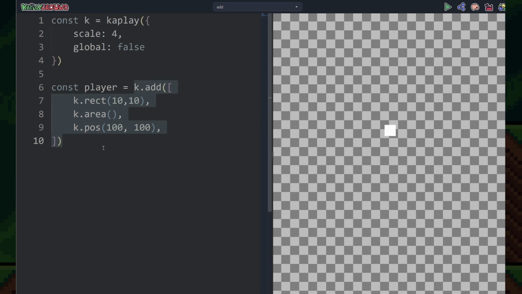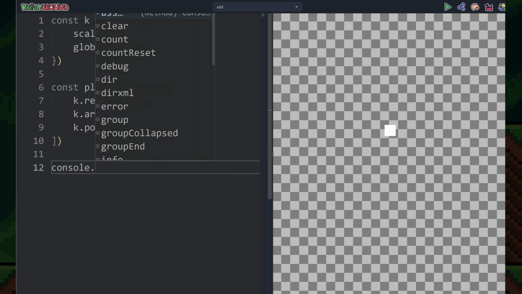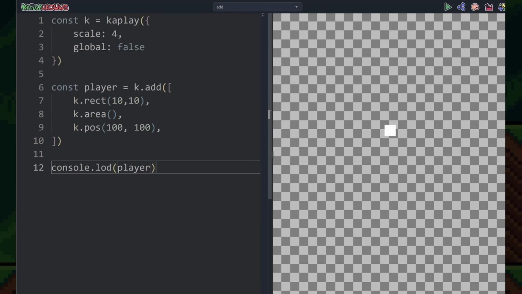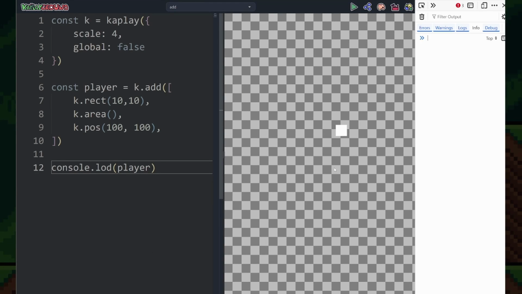And then after using the add function, it returns a reference to the game object that you can store in a variable or a constant. And then one thing I want to showcase is that you can not only pass just components, but you can also pass objects, which you can use to add custom properties to the game object. So by default, if I do this and I just console.log the player, we're going to be able to see the shape of a